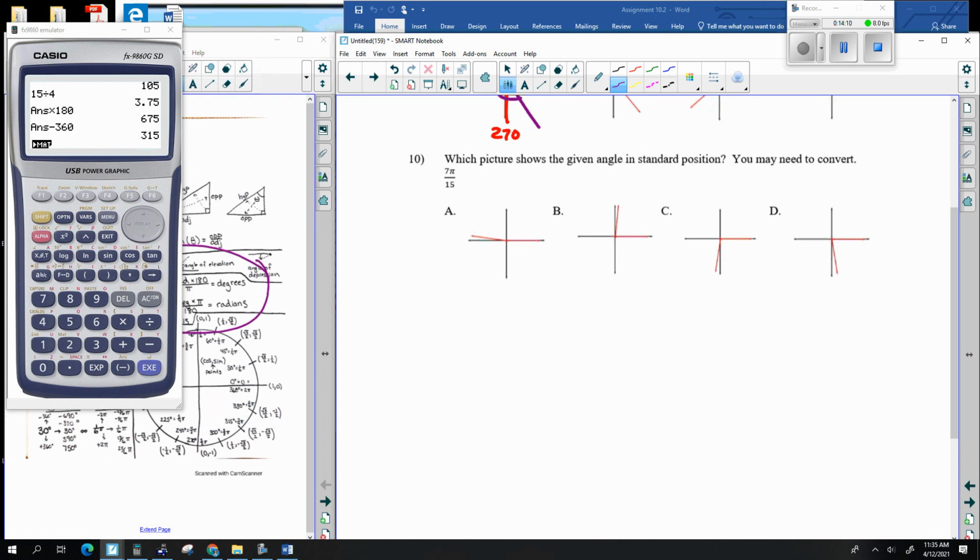Last but not least, 7 pi over 15. I'm going to multiply by 180. This is the same thing as saying 84 degrees. This is 0, 90. It's a little bit smaller than 90, but pretty close. So just a little bit shy of the 90. So this is the angle that would be